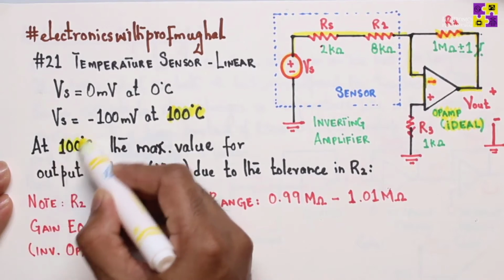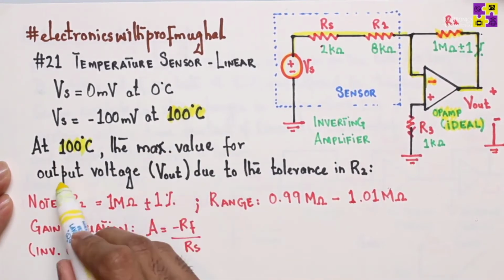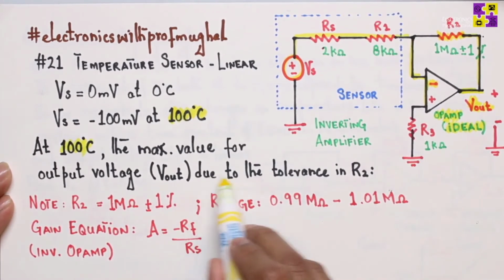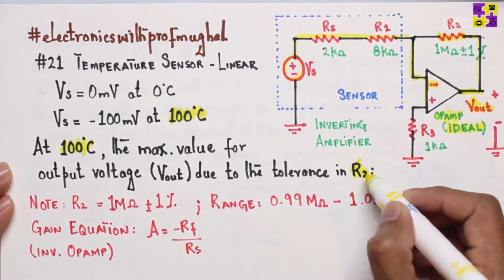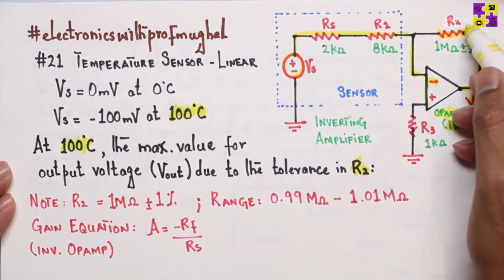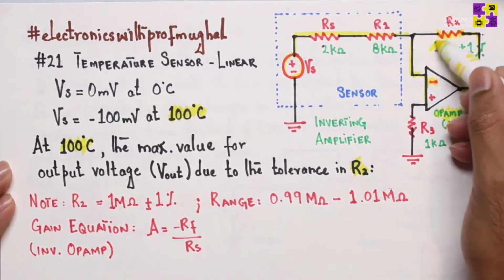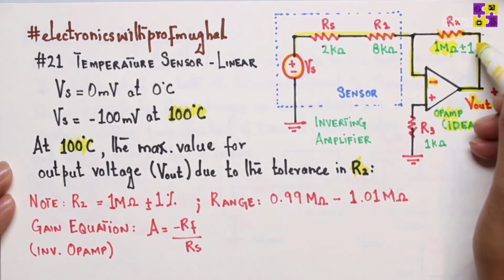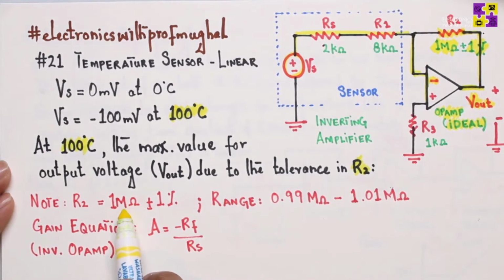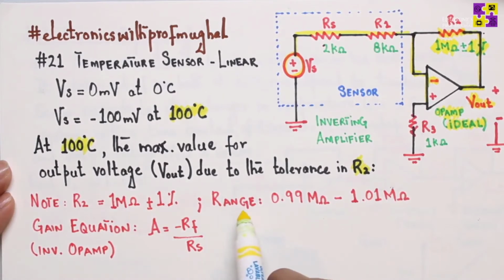At 100 degrees centigrade, the maximum value for output voltage, due to the tolerance in R2. Now, if you look at over here, R2, which is a feedback resistor, it's rated at 1 mega ohm plus minus 1%. So if I try to find out the range for 1 mega ohm resistor with plus minus 1% tolerance, I get the range which is going to be 0.99 mega ohm to